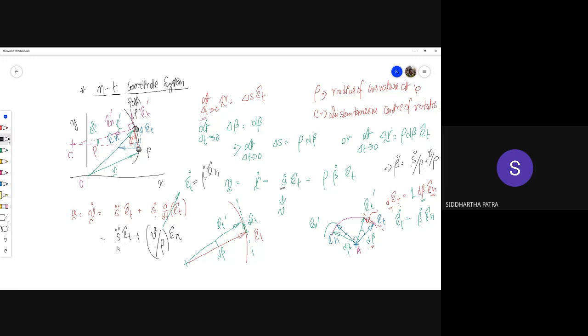So now you have two components of the acceleration. One is a tangential component. The other one is a normal component. Okay. Velocity had only one component, which was the tangential one. Now the acceleration has two components. And if you notice carefully, the acceleration an is always greater than 0.